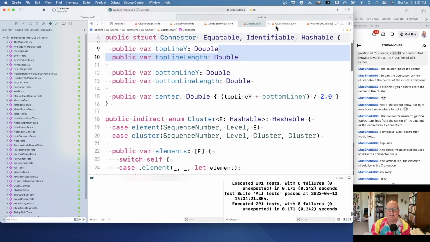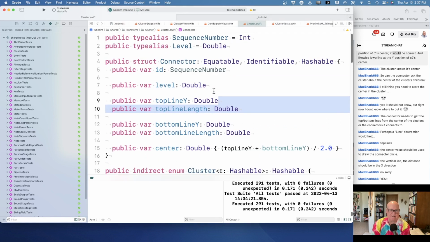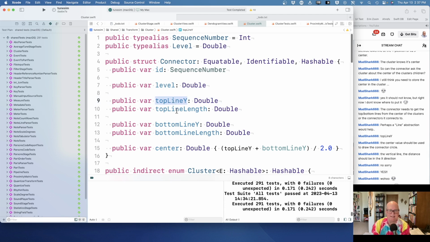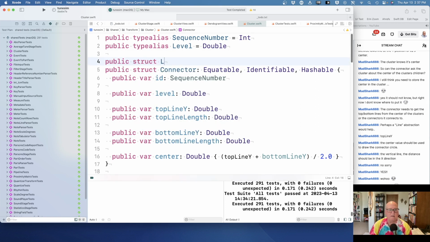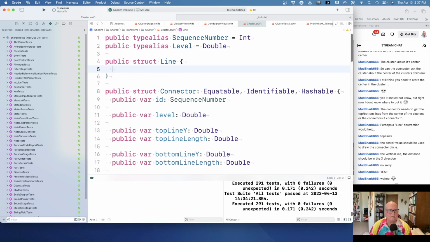Alrighty, let's deal with this line notion. All right, so we want to combine these two into a common thing. And let's make a line. I think this will be enough. Line. I don't know if that word is used, but we'll take it. Okay. And then